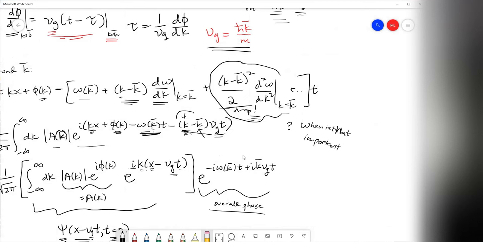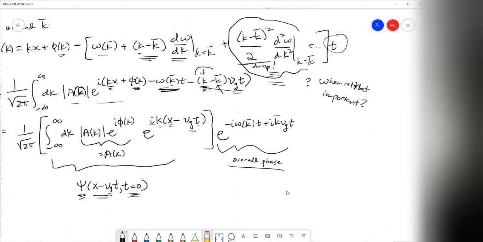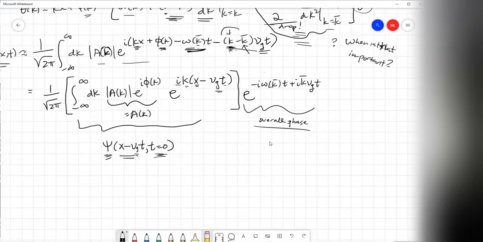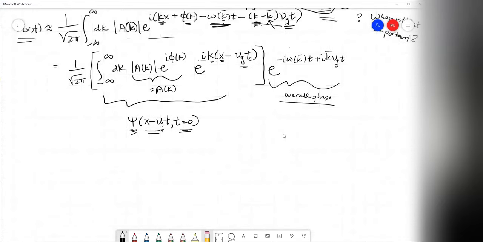It's important when this becomes large, right? Obviously. And it becomes large when multiplied by t here. And this all lives inside an exponential. So it's when that becomes of order 1 that it becomes a problem. So it becomes bad if 1/2 (k minus k bar) squared h bar t